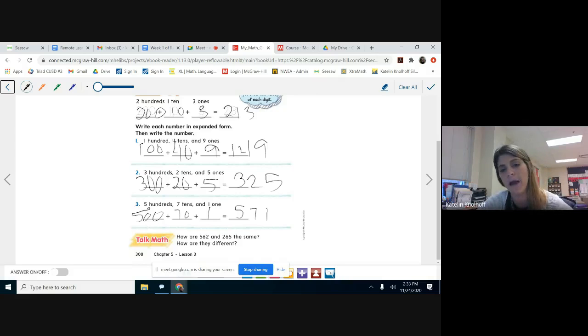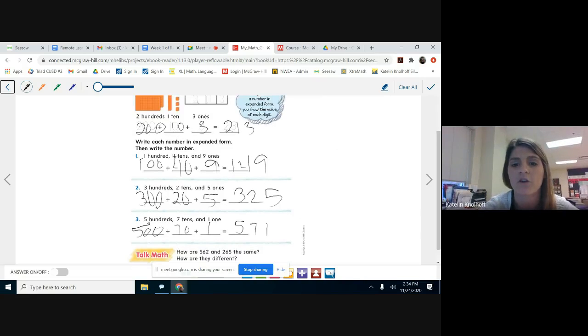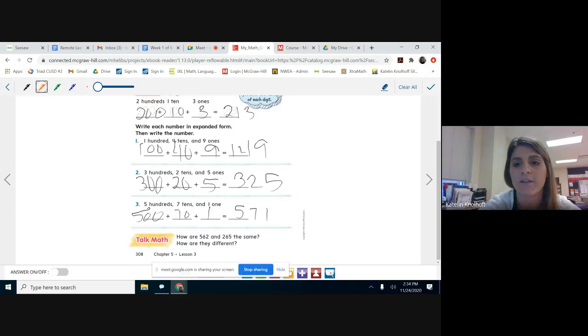All right, let's talk math. It says, how are 562 and 265 the same? Well, if you look at those two numbers, they're the same because they have the same digits in them. But how are they different? Well, they're different because if you were to draw your chart over here on this side,